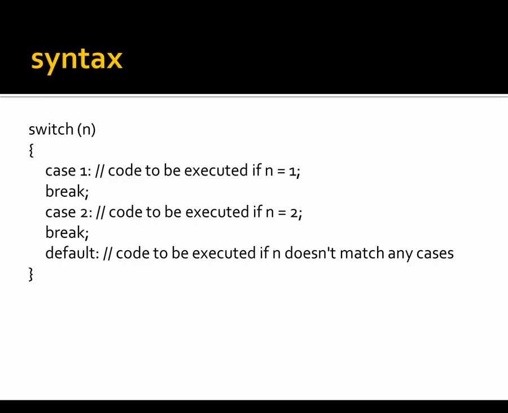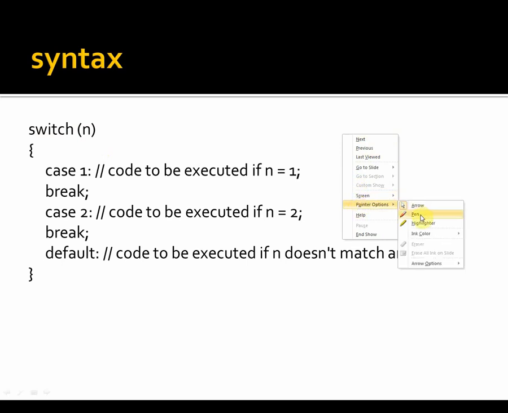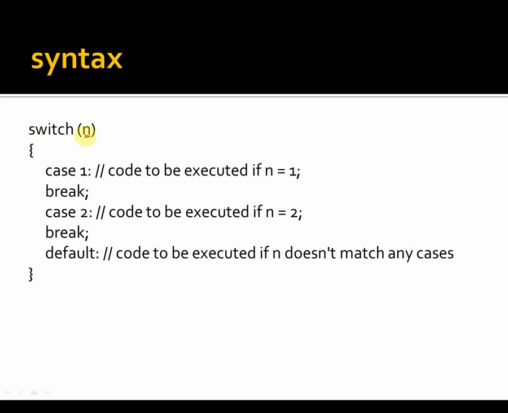So this is the basic syntax of a switch statement. The keyword switch is used, and inside parentheses or round brackets there is a value which has to be passed to this switch statement. This particular value determines which part of the switch body will actually be executed. So this variable n over here is the determining value. As you see, the switch body starts over here and ends over here. You have to enclose it in curly braces.